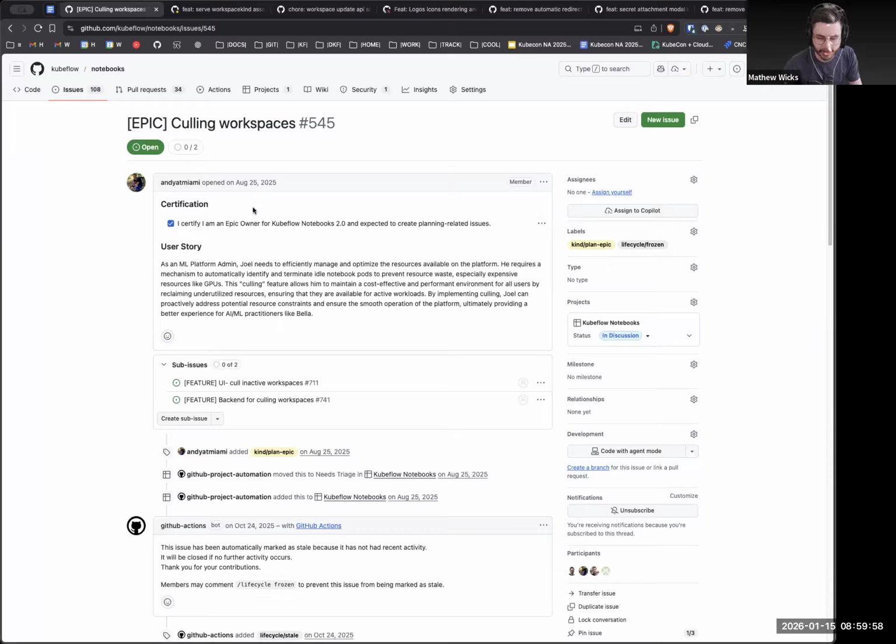Yeah, so for people who don't know, this is really cool. This is the replacement for culling. It's very customizable. There were a few changes we realized we needed at the last minute, but it lets you do things like say certain namespaces don't get culled, or certain pod configs are more likely to get culled because they're more expensive. And it's pretty clever. I'm very interested to see what everyone thinks once the first version gets